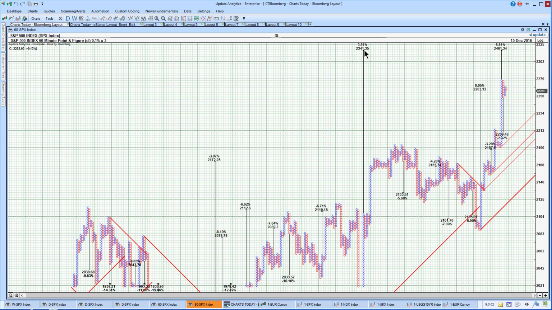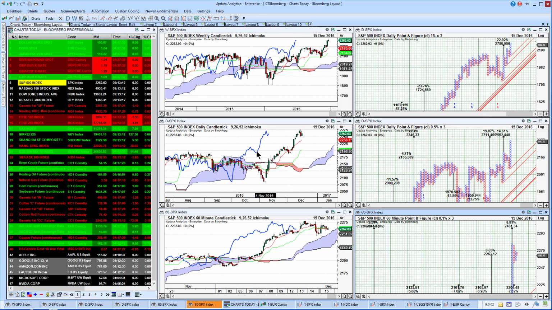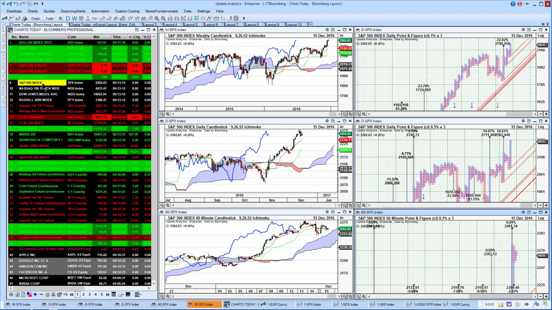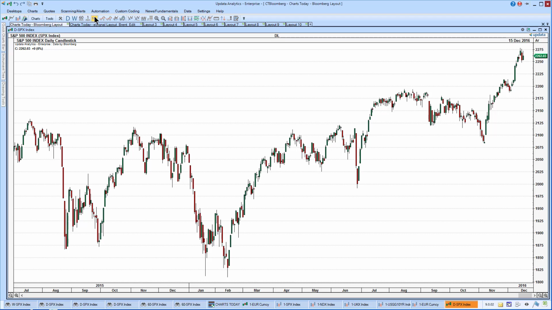We also have this 2341 that was given back in June. And that was a big move in the market way back then that's caused that target. So these targets can be in place for quite a long time. That's on the 60-minute chart. So that's quite key. If you want to know what's going on in the very, very short term, go back